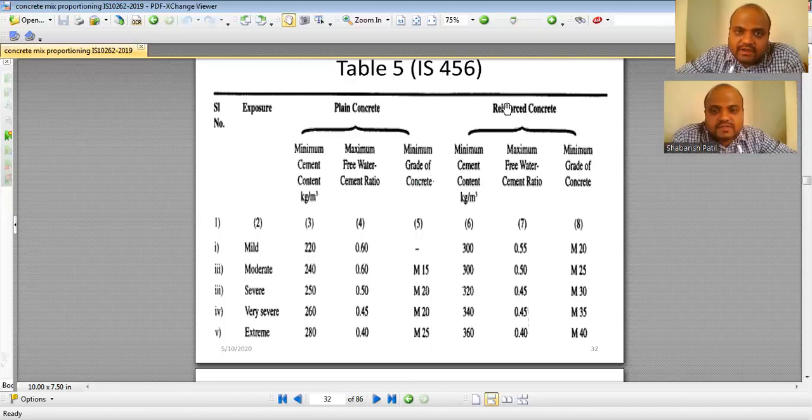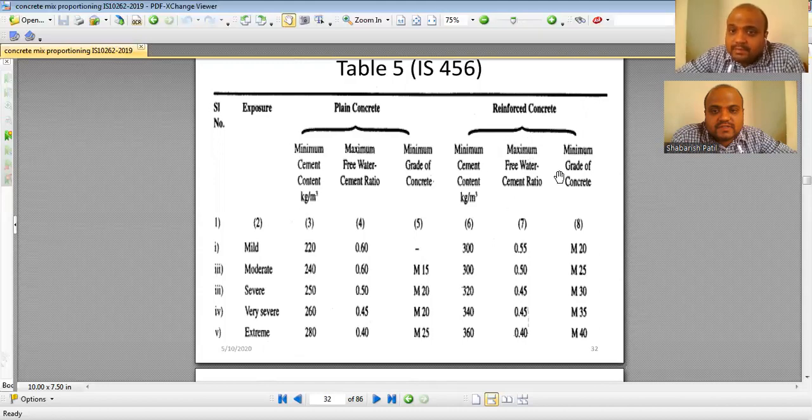If I take an example of reinforced concrete, here I have a minimum cement content. Concrete exposed to mild environment, I'm supposed to go with a minimum cement content of 300. Concrete exposed to moderate, my minimum cement content is 300 again. Exposed to severe, it is 320. Very severe, it is 340. In extreme conditions, it is 360.